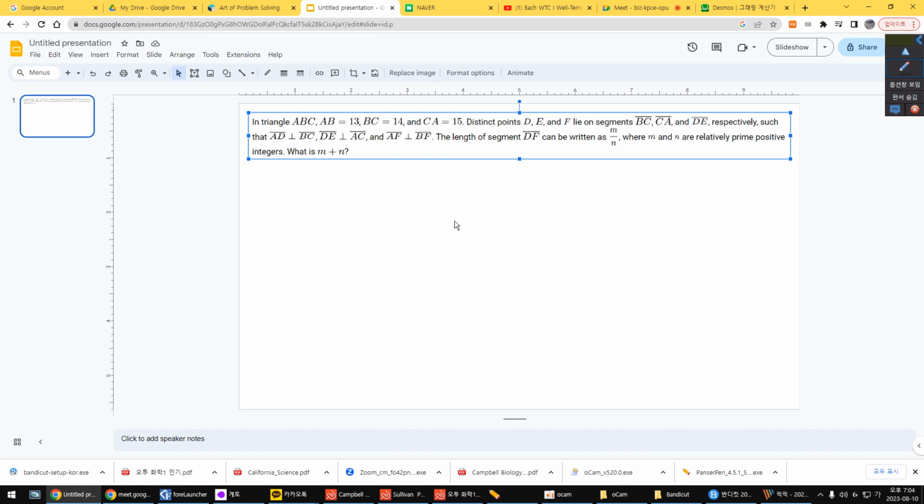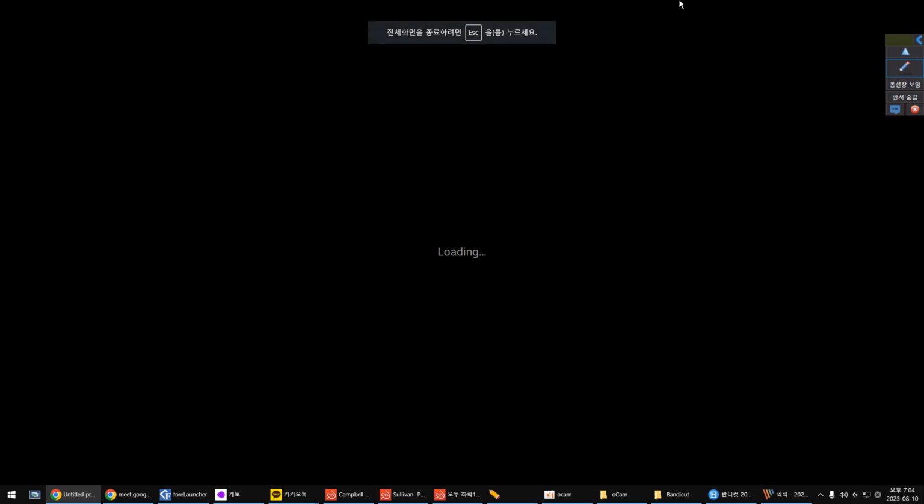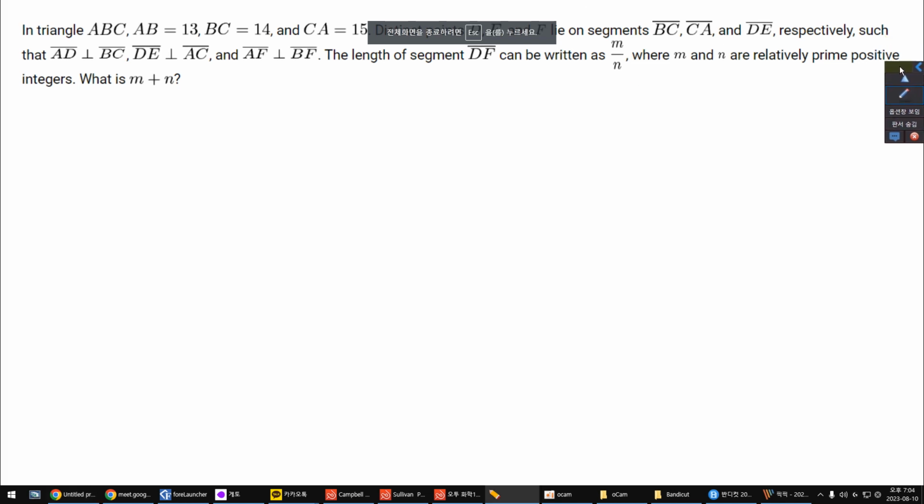All the side lengths are integers. So if we use such property,